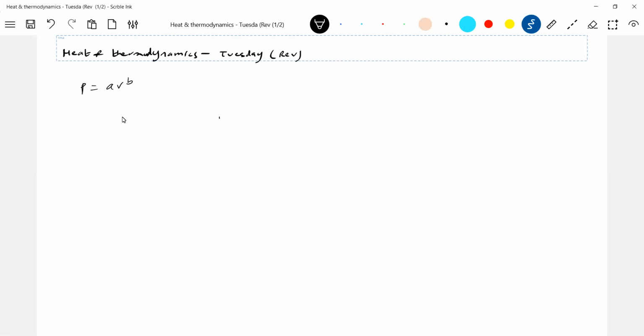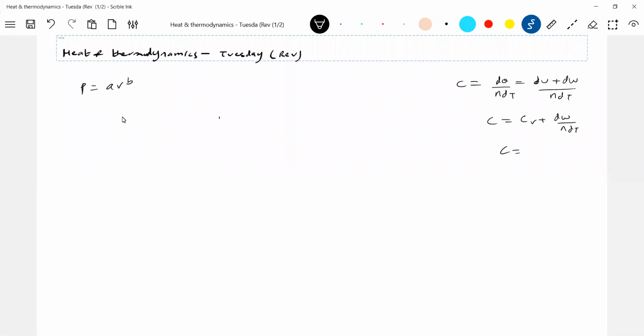Now, first I'm asking you to calculate the molar heat capacity. What is the basic definition of molar heat capacity? This should be equal to dq by n dt. dq is what? dU plus dW, over n dt. And dU by n dt is what? Cv plus dW by n dt. This is the expression for the molar heat capacity: C equals Cv plus dW by n dt.